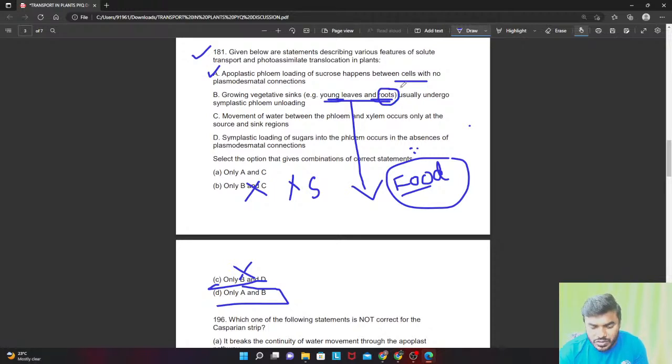I have given the root also, right? You have to consider the root also. Root also, young leaf also. Okay, you got confused with the leaves, but root always follows that. Correct. Exactly. Right, right.